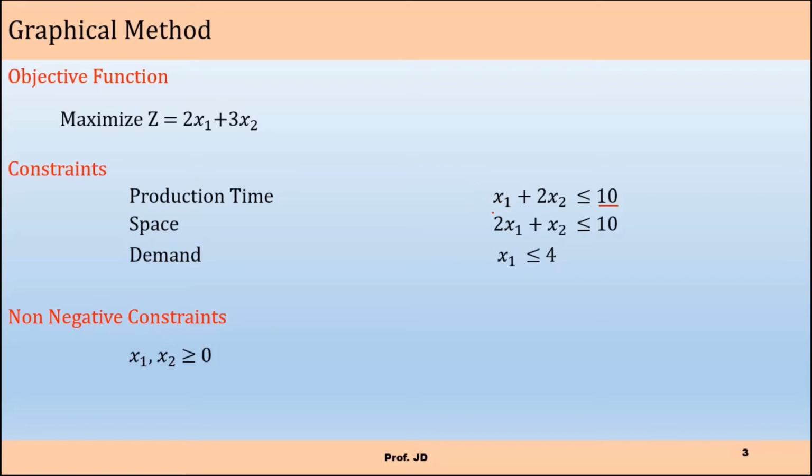So maximum value of x1 is 10. Similar way, divide the right hand side of the constraint with minimum coefficient of decision variable, that is again 1, again here 10, and x1 is less than or equal to 4, so x1 equal to 4. So maximum limit you require is 10, 10. Okay, so you have to draw a graph in such a way that will cover x1 axis up to 10 units and x2 axis up to 10 units. So that's how you should start your graph.